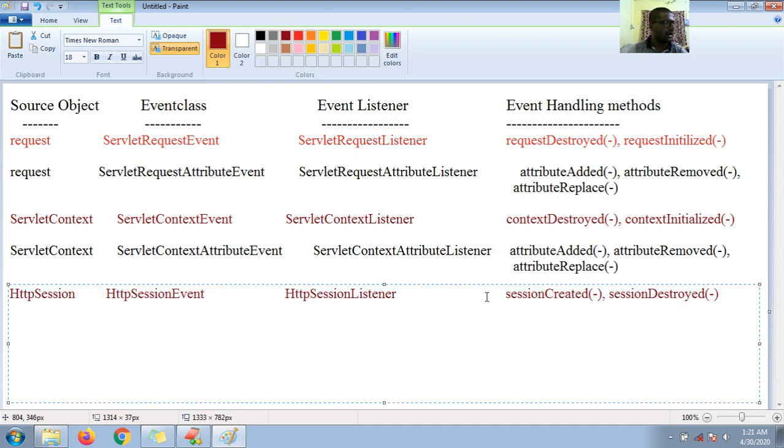Okay boss, fine. Let me go for HttpSession attributes again.